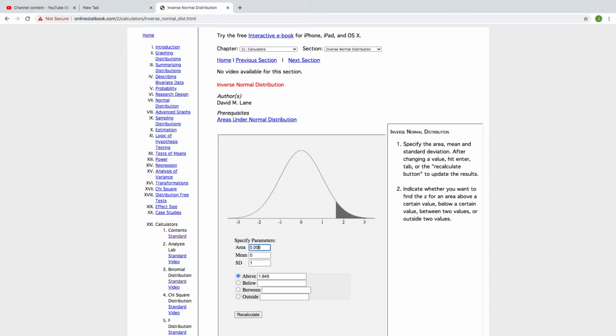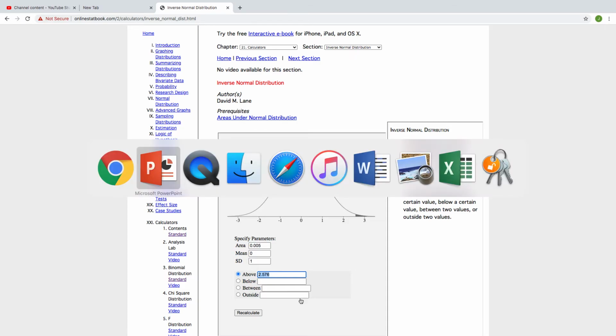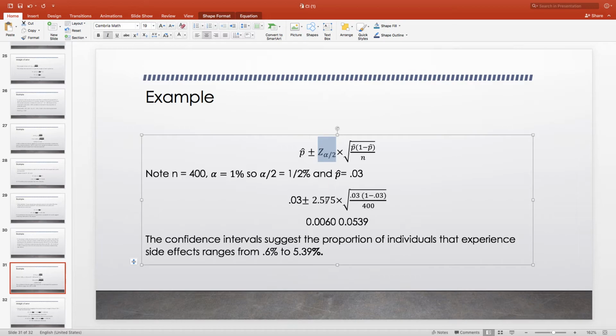So I'm going to add a decimal, keep the mean and standard deviation the same. So z means mean 0, standard deviation 1. And we recalculate it to be this 2.576. That's the same number we used here, 2.575. So slightly off, I used a different calculator. If you use 2.575 versus 2.576, it's okay. Okay. So we go ahead and we perform this calculation for the formula of the confidence interval, and we get